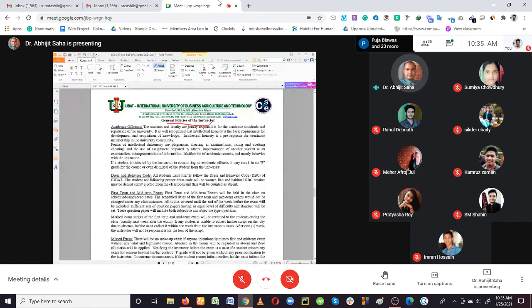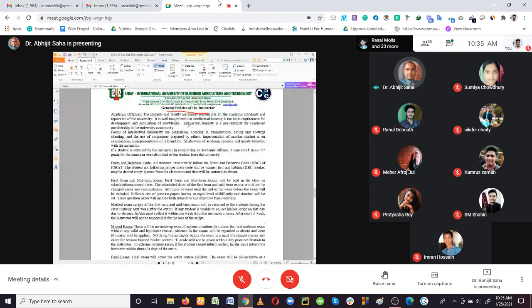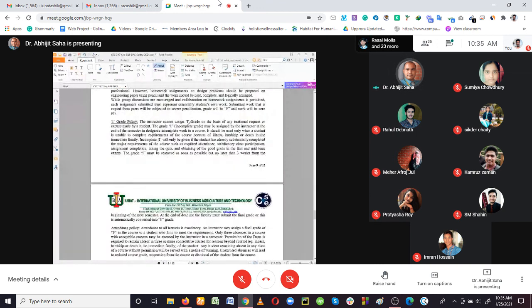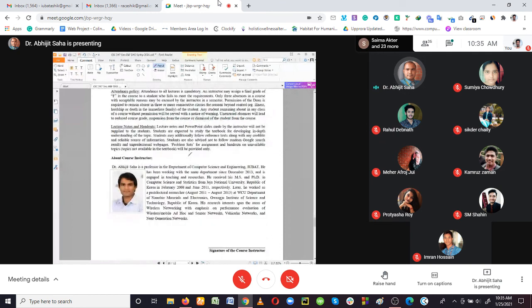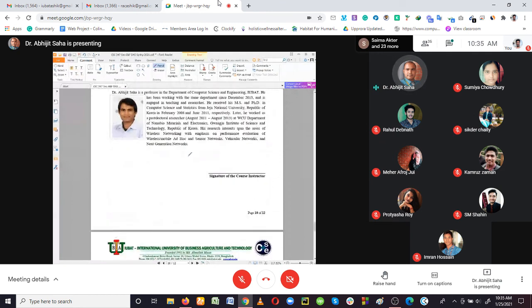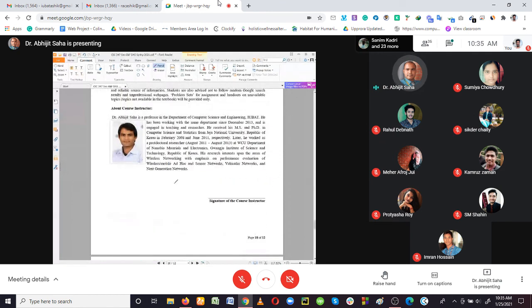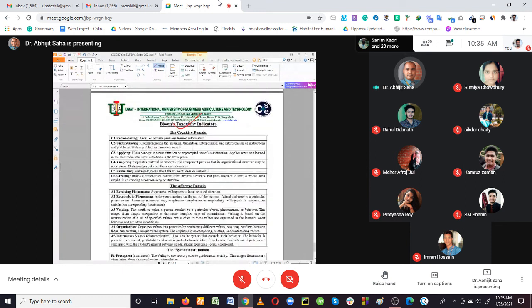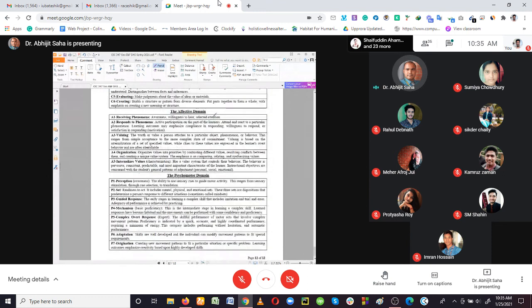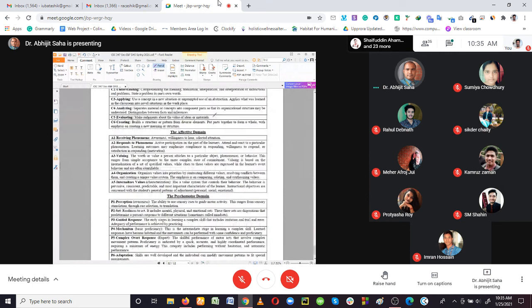And these are the general policies for the instructors. It is the same as I mentioned yesterday: for all the courses we follow the same, but the exam procedures that I told you for the hardware lab are the same here. So it is your instructor information, the program outcomes, and your Bloom's taxonomy indicators. With that, we are finishing the discussion of the course outline. If you have any question here, you can ask.